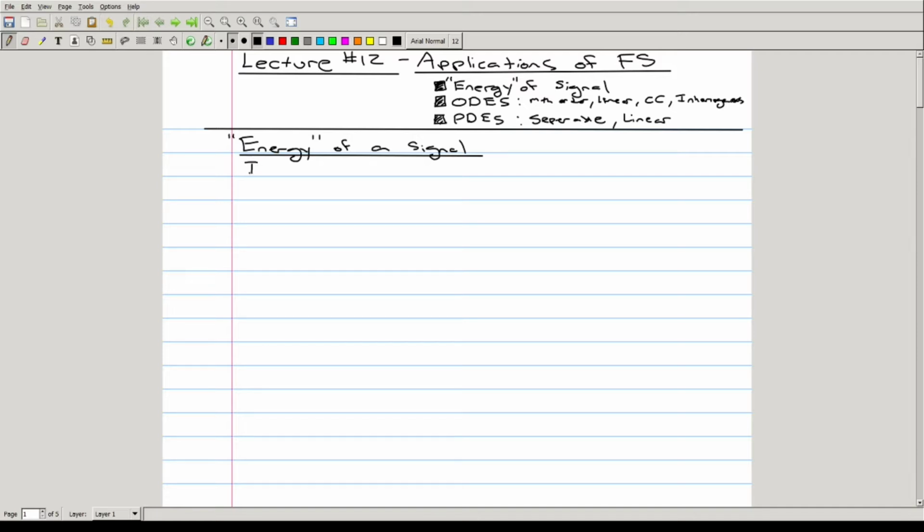So we know that if f of x is some periodic function or periodic signal with a period of L and its Fourier series converges uniformly,